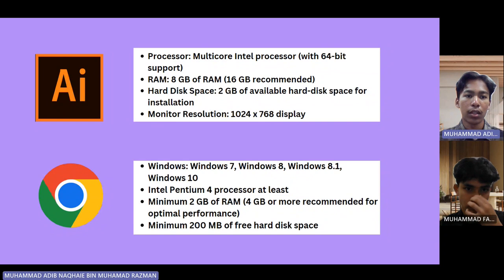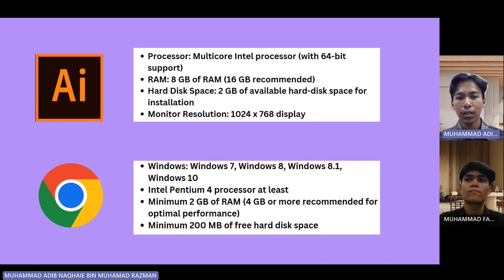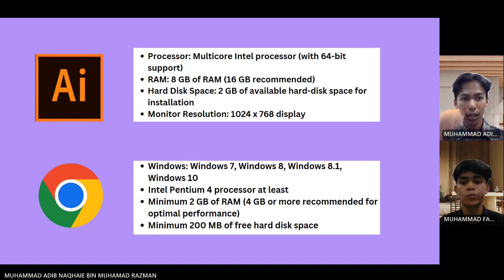Next, we have Adobe Illustrator. The processor is a multi-core Intel processor with 64-bit support. For RAM, 8 GB of RAM, but 16 GB is highly recommended. For hard disk, 2 GB of available hard disk space for installation, and monitor resolution 1024 times 768 display. And lastly,